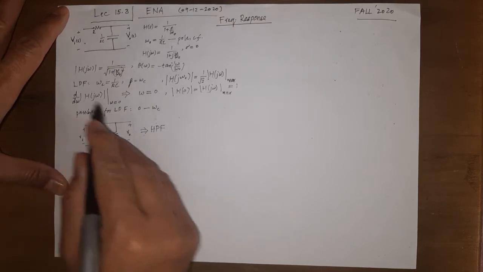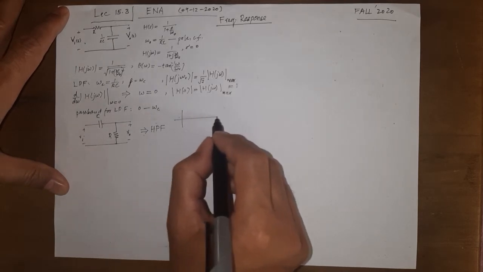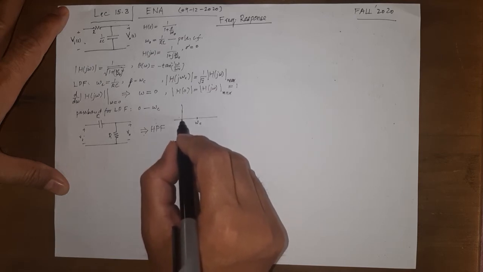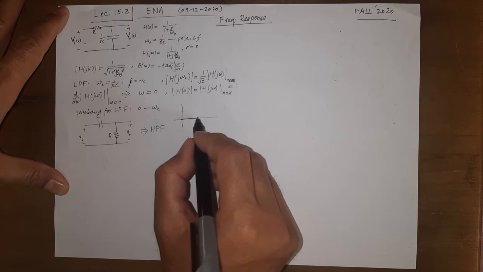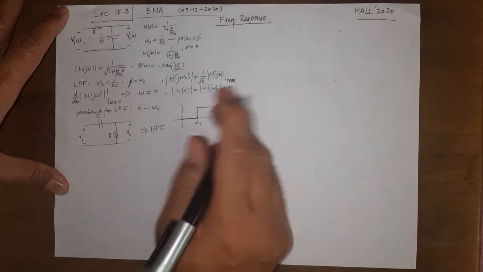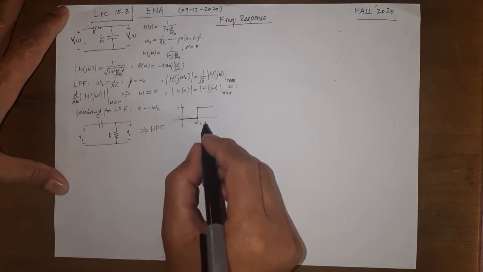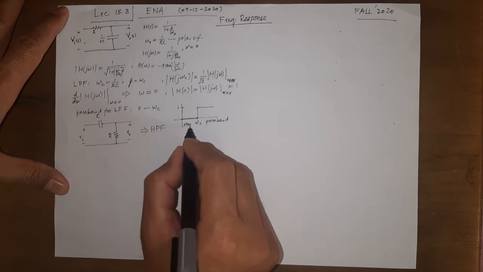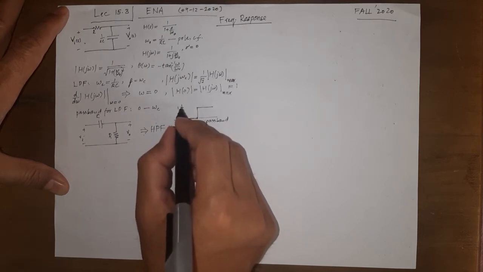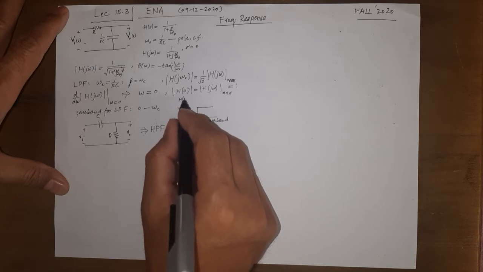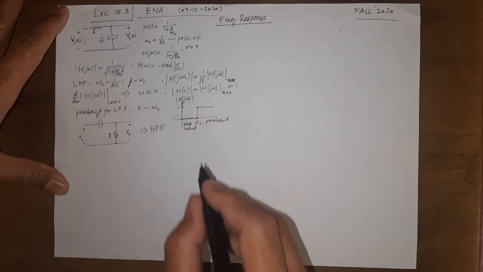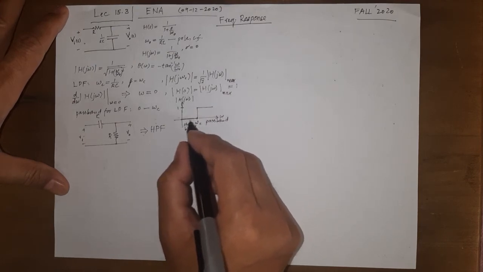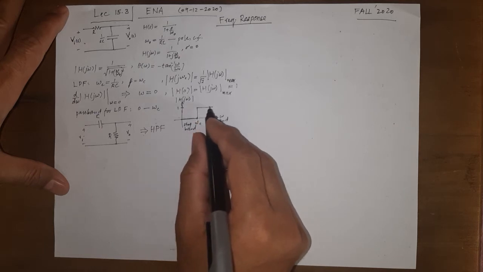A high pass filter, in contrast to a low pass filter, in the ideal world would have a cutoff frequency such that the frequencies before it do not pass and the frequencies after it can pass. So this is the pass band now, and this is the stop band. We are plotting the idealized magnitude response against omega. So before omega c, the frequencies are stopped and these are passed.